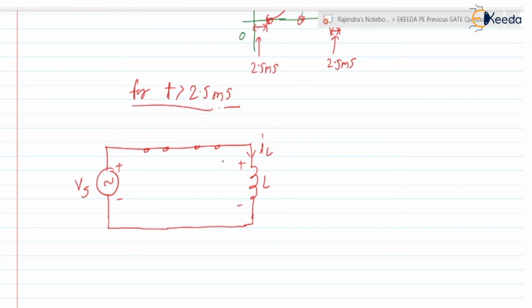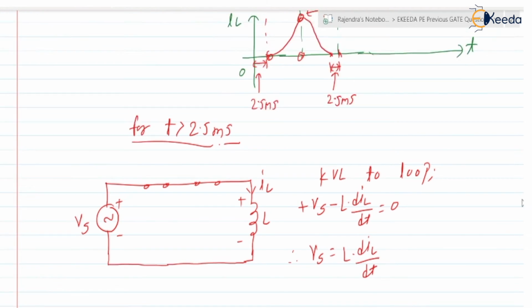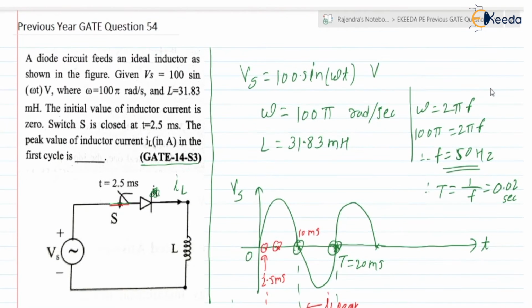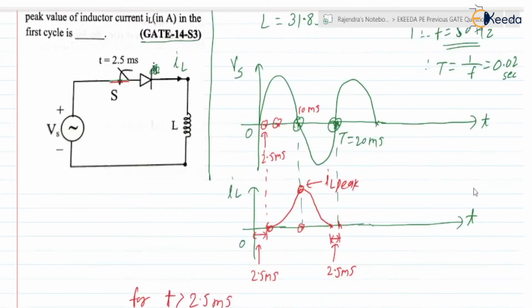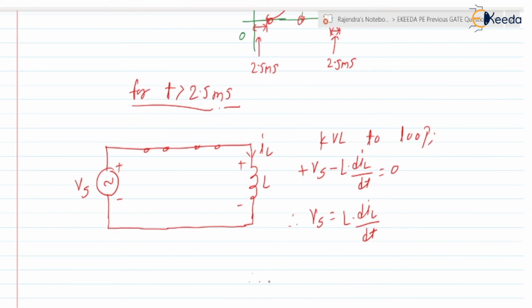Now if I apply KVL to the loop, we can write plus Vs minus L into dIL by dt is equal to 0. Therefore, we can write Vs is equal to L into dIL by dt. What is Vs? Vs is equal to 100 into sine of 100 pi t. So we can write 100 into sine of 100 pi t, and I am taking this dt to the left hand side,